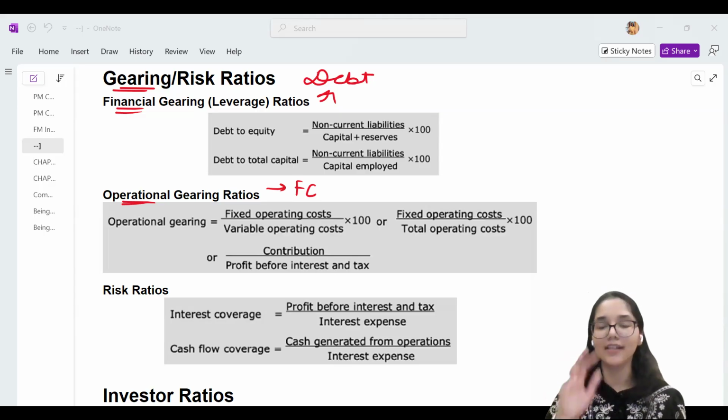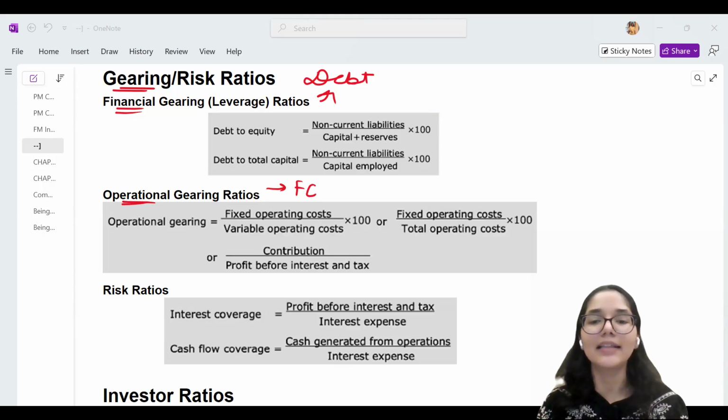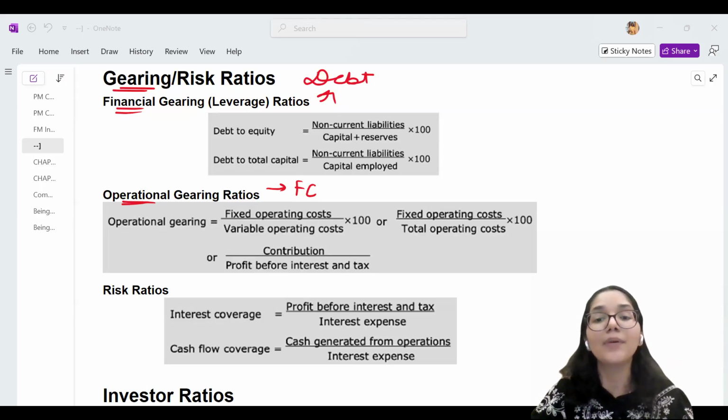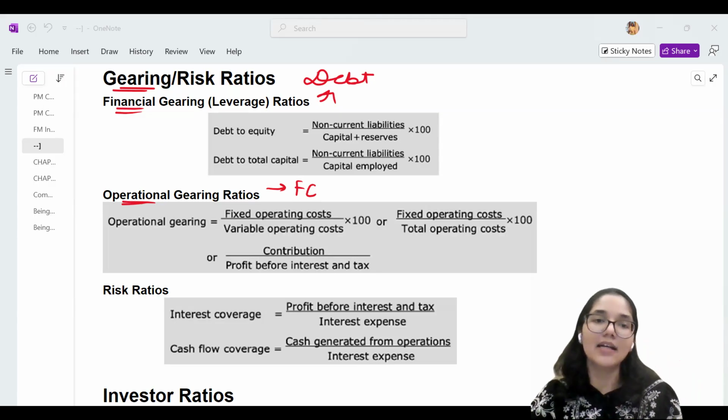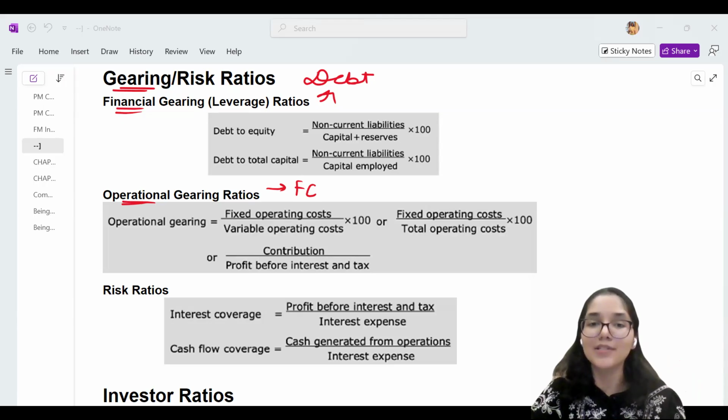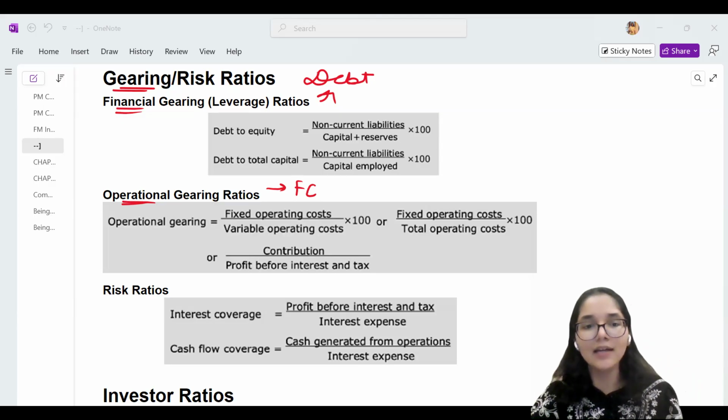You're all correct over here. There is a possibility that the company can be declared bankrupt because we do not have enough money in our profits to pay off even the interest. Forget the capital repayment, we do not have enough money to repay the interest. So in that case, the company will go bankrupt, the company will be liquidated, the assets will be sold, and the business will have to be stopped. So that is why having too much debt is a problem for any company.